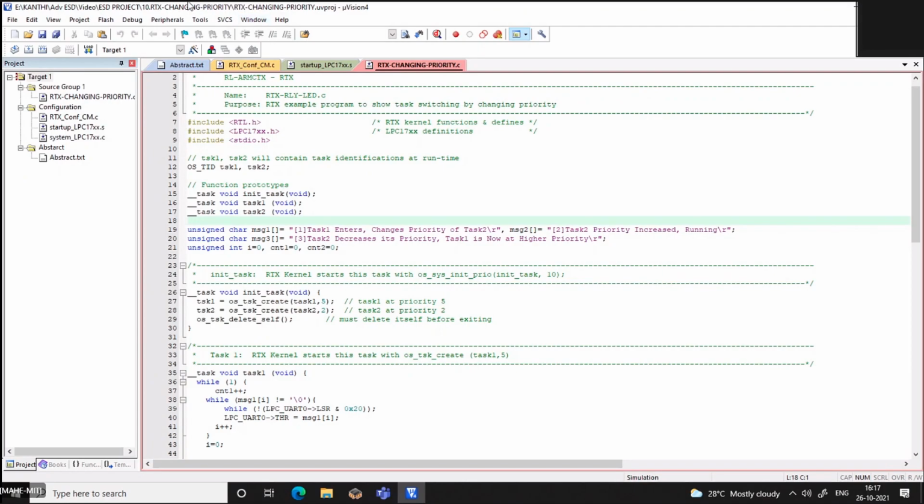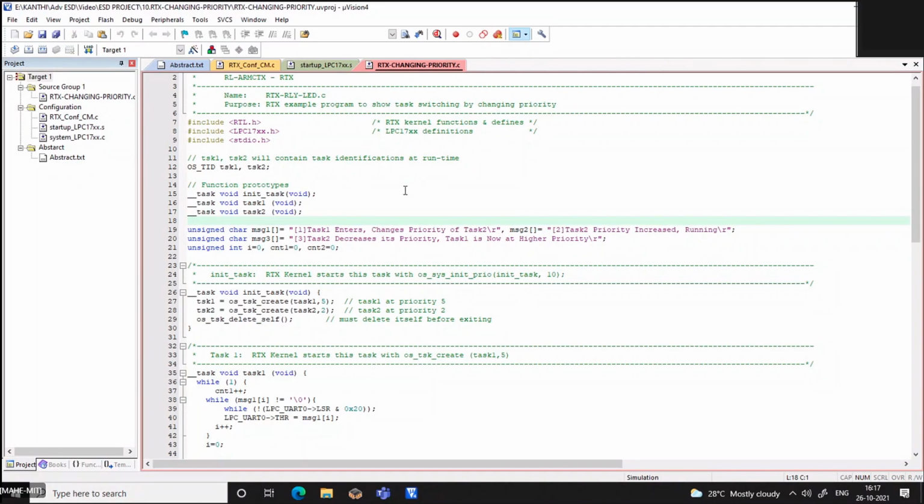This is a program given for switching the task. So for example, a particular task is running. I want to switch from one task to another task. There is an option for changing the priority. I think that function I've already discussed in my initial classes. So you can change the priority of the running process or the other process which is created. By doing so, it is possible to switch from one task to another task. Okay, let us see that.